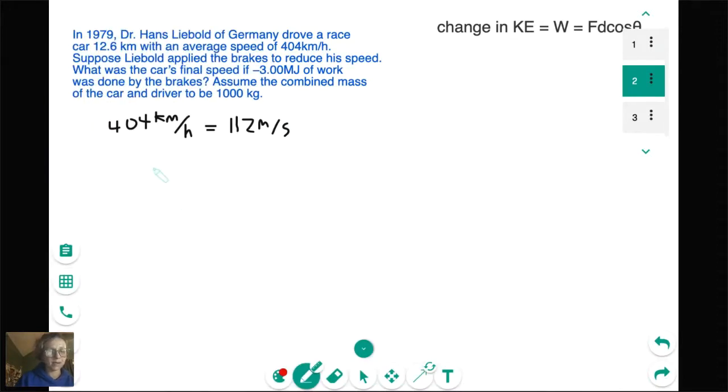So we've got negative 3 megajoules. So megajoules would be times 10 to the positive 6. So I have negative 3 times 10 to the 6th joules, right? We want to work in joules. And that's going to be equal to the change in kinetic energy. In other words, it's going to be equal to the final kinetic energy minus the initial kinetic energy. So we could say 1/2 m v final squared, minus 1/2